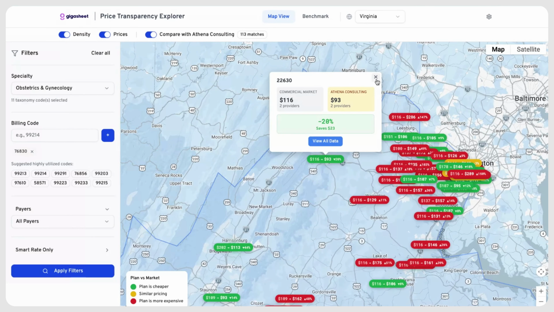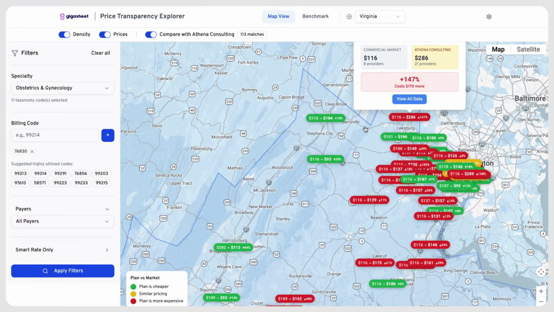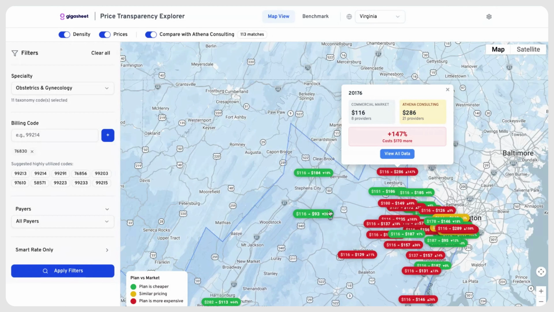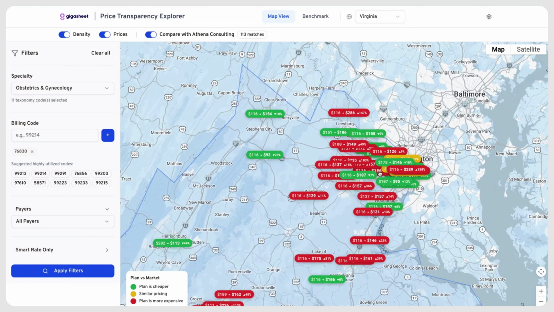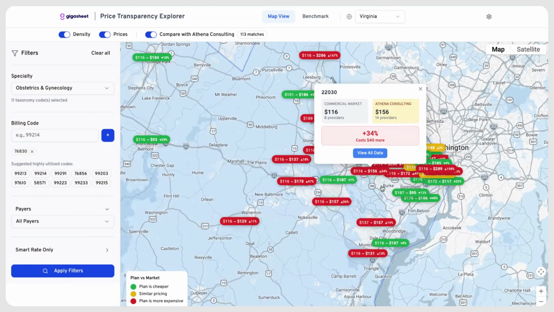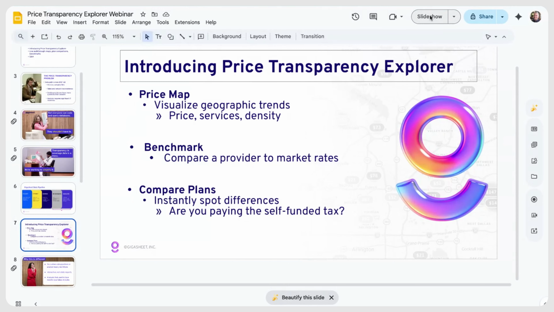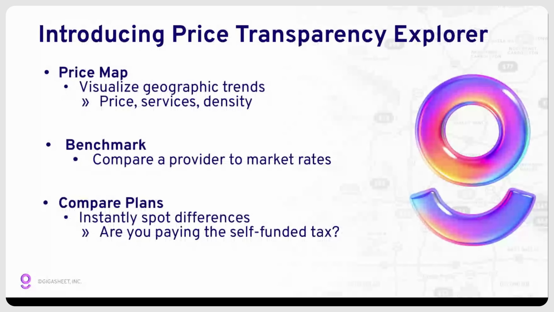But if you have a standardized benchmark, which is what this price transparency gives you, that's what you'd want to compare against. And then in this Gigasheet visualization, you can put them side by side and get that delta, that difference, that comparison point presented visually and get a really quick sense for the Athena Consulting option A versus option B if you were to run two different plans against that benchmark. So I think that's a really powerful capability that's a step beyond just having access to the rates. To really do that comparison and see that visually can be a really nice way